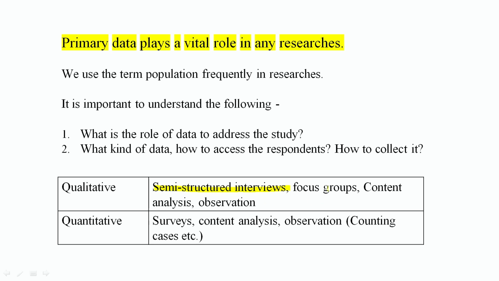Two other forms are focus group discussions or content analysis and the observation process. With this we can collect the required inputs. For quantitative studies, we use surveys, and we can also use content analysis, converting the qualitative data into quantitative, even if you use